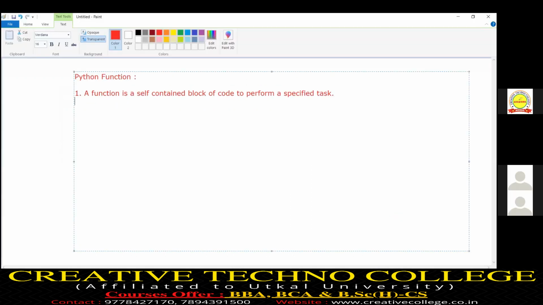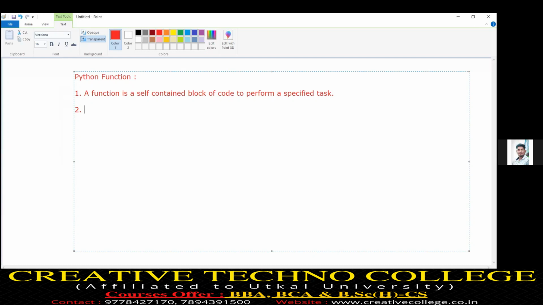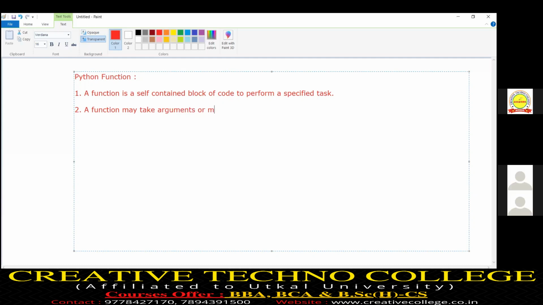Next point, a function has a name, and a function may take arguments or may not take arguments.